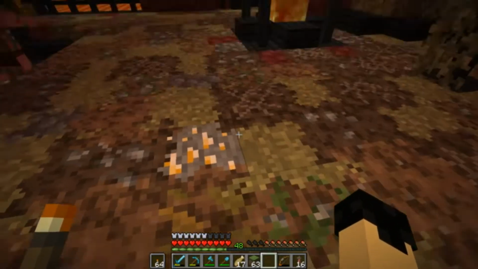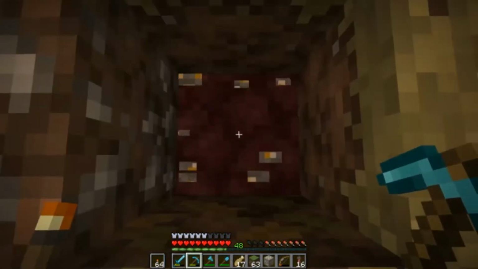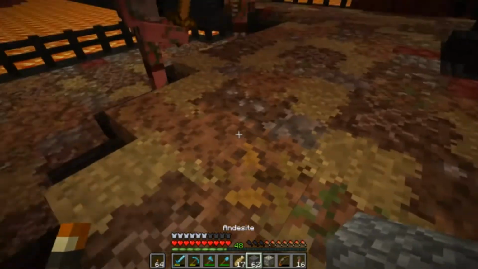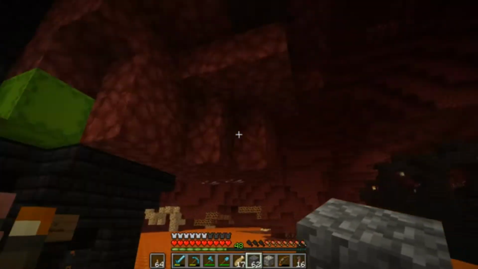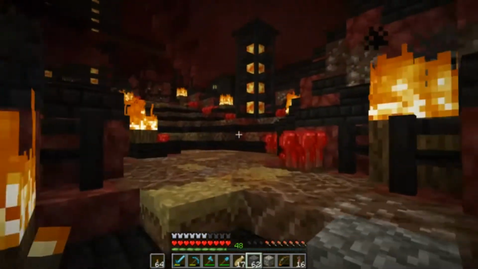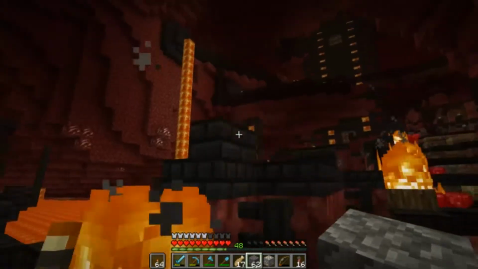Well, apparently it does not blend with grass, but it does blend with the dirty kinds of blocks. I have no idea what was actually right there. I think it was maybe an andesite. There we go. Anyway, that's just some of the ideas of things that we're going to have to play around with as we do the underside of the